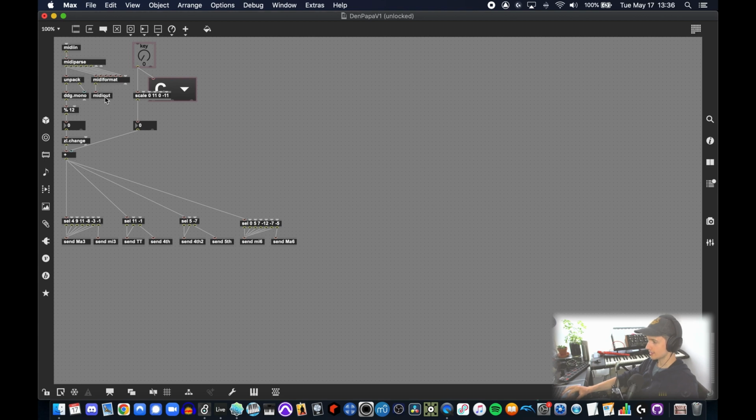Most of it is getting passed, but the MIDI note information is being passed through, and basically I'm just doing some math to it so that it will select the note in the scale and play the appropriate interval. This key change thing over here, that's just adding negative numbers to these values so that the math works out no matter what key I'm playing in. There's 12 notes in music, of course, so I've got 12 different values, 0 to 11, and I will just add a negative number for each semitone that we go up from the key of C, and then all the math works out. Anyway, if we take a look at this modified version of the Denpa Harmonizer that I made,